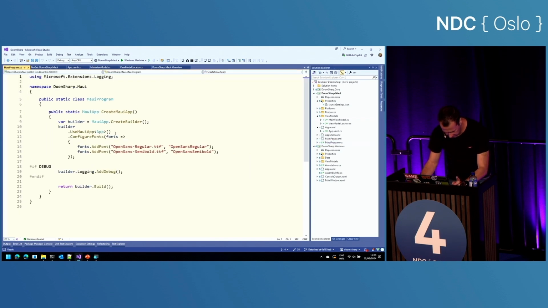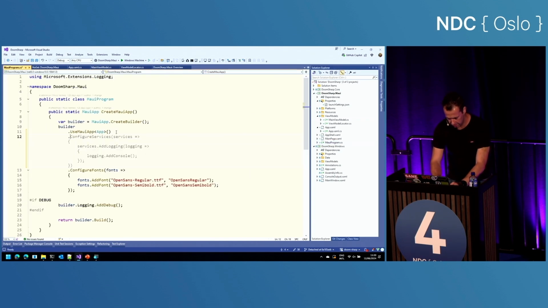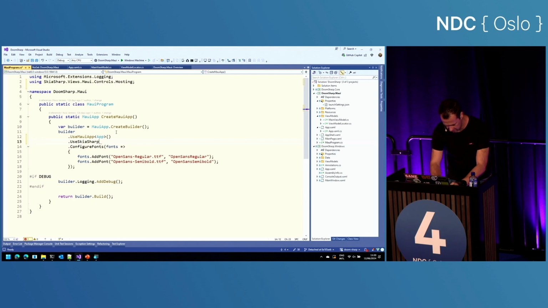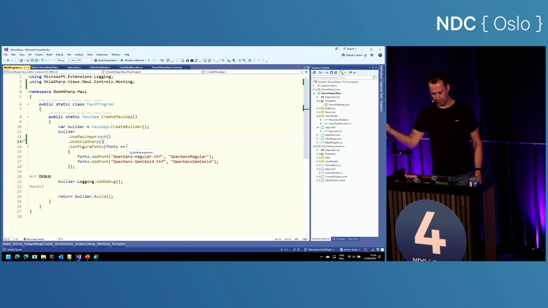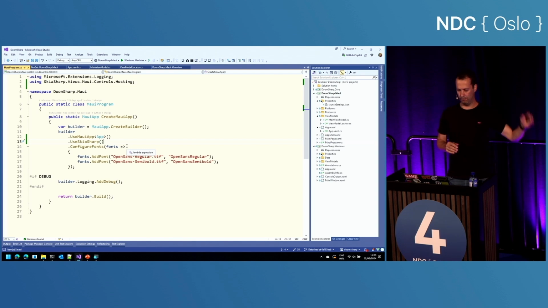Before I forget, in order to use SkiaSharp, I need to add these methods into the startup. Again, for people not used to MAUI, they've reused the builder pattern that is becoming quite common thanks to ASP.NET. So in order to set up a MAUI project, you can now also use a create builder pattern and just chain extra setup methods in there